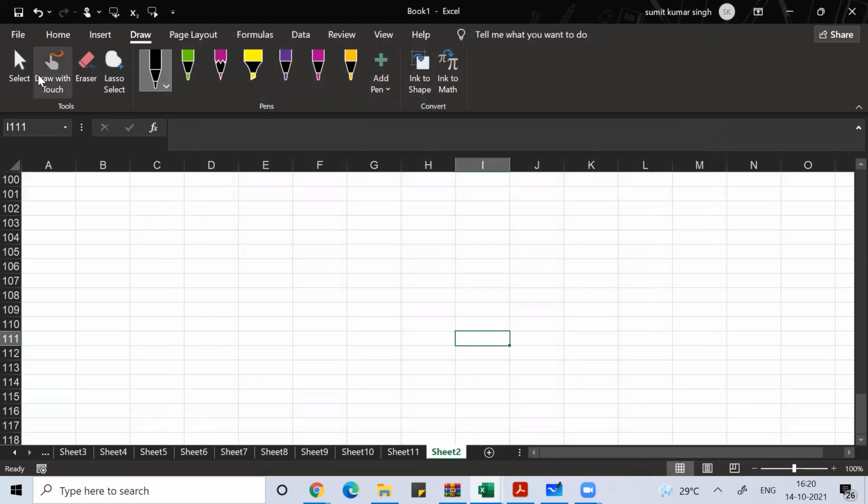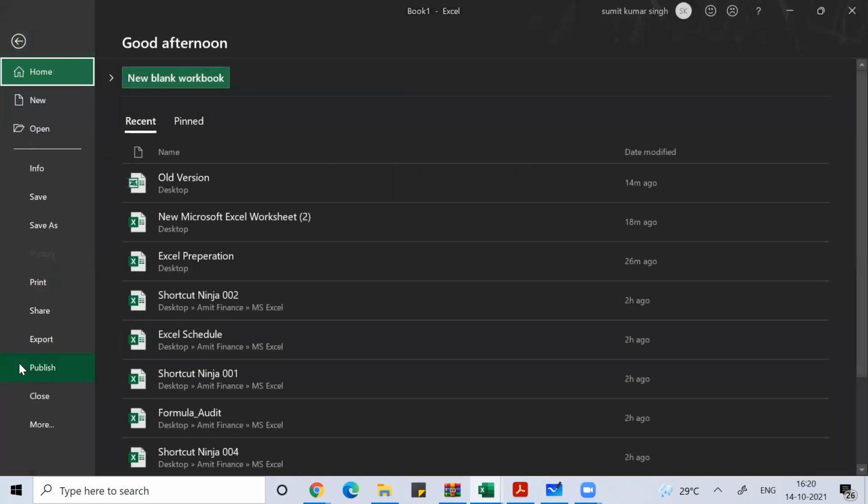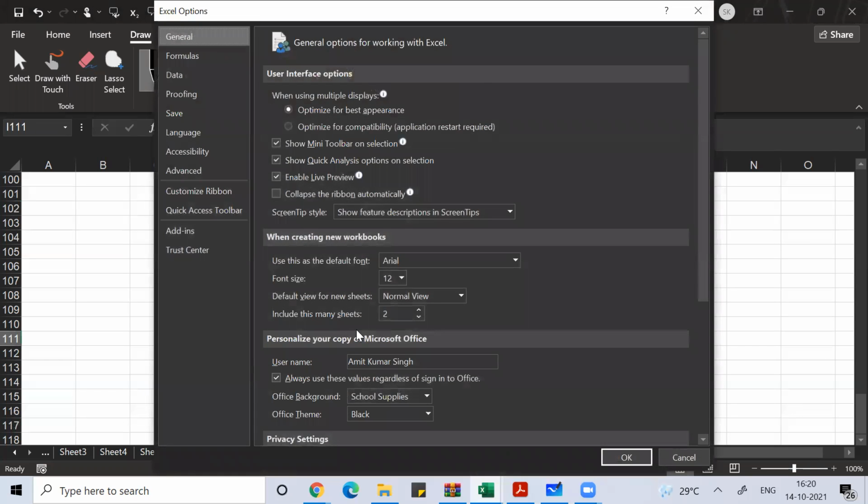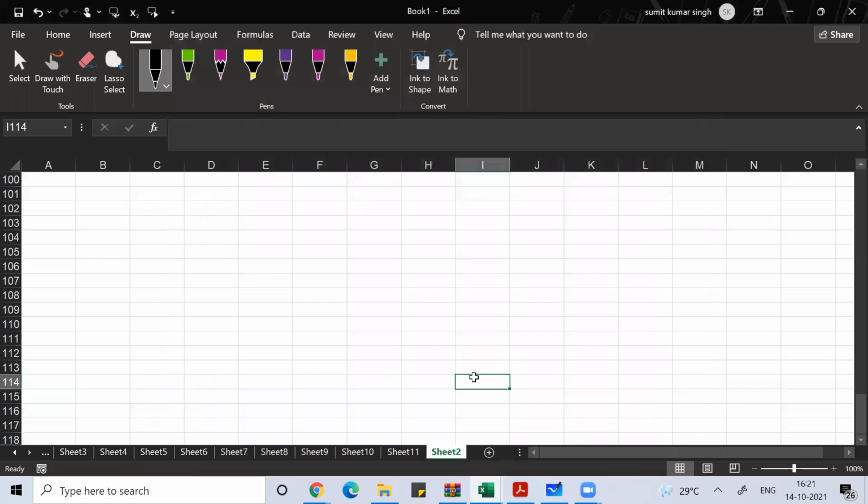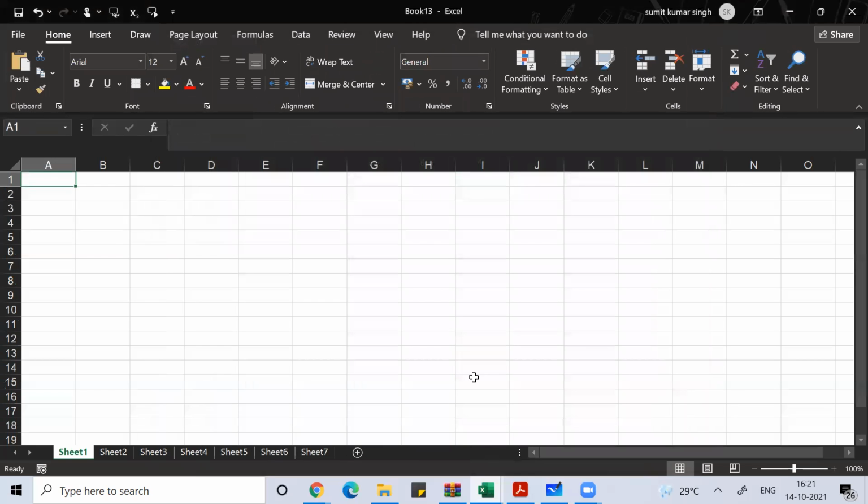So Excel options: go to File, under File, go to Options, Excel options. Here, whenever I'm opening Excel, by default I have made two sheets open. I can make it 10, I can make it 1, whatever I want. Suppose I make it 7, so next time when I open Excel with Control N, the 7 sheets will open.